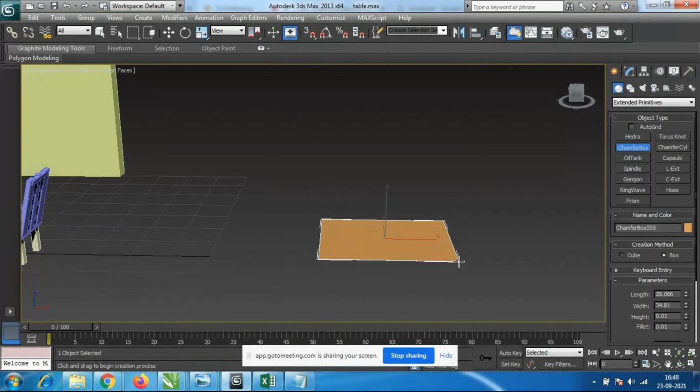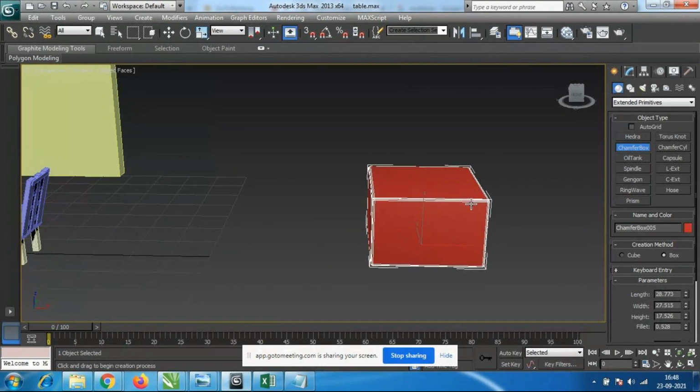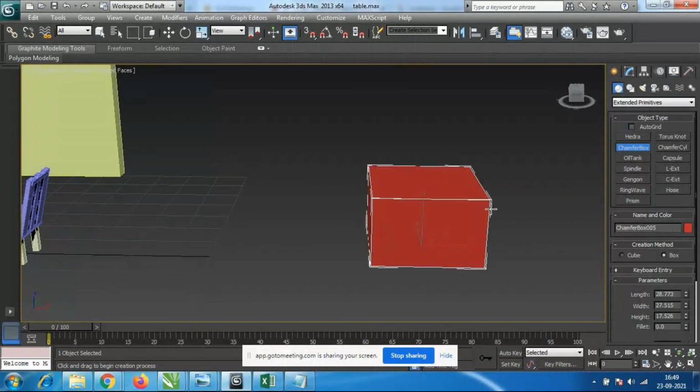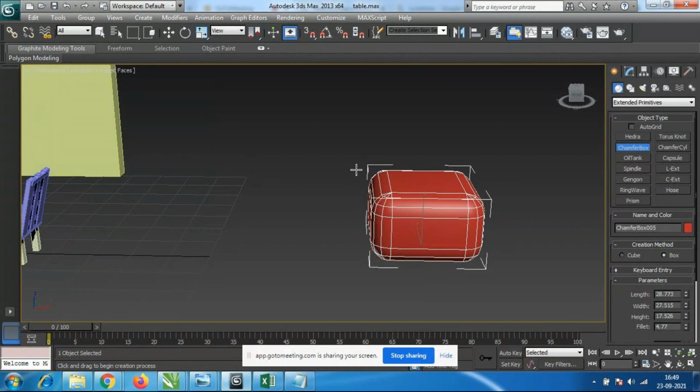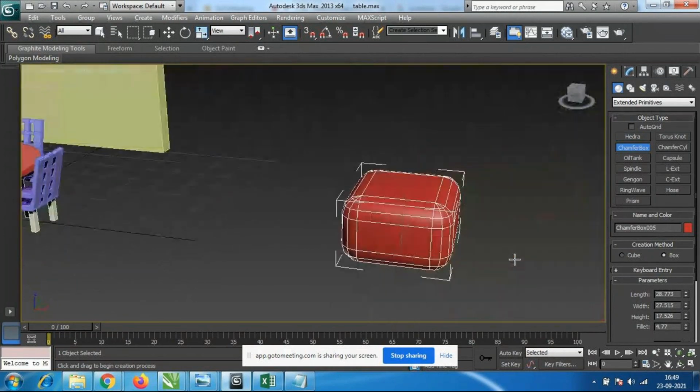If I take it this thick, it will come like this. If I want to make it softer, like a pillow, a rounded kind of thing, I will take it using left click. Here I'm not touching the mouse, only moving the mouse. So however much I want, I'm taking. Look at these edges and all, it is becoming smooth here.